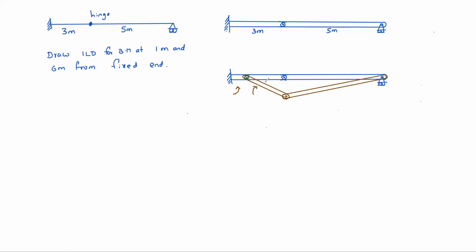So here rotation, how much means this rotation is 1 radian. Obviously, this distance is here. This is 1 meter, this is 2 meter. As this is 2 meters, this ordinate must be 2. Okay. So like that. Now ILD, finally we can get.